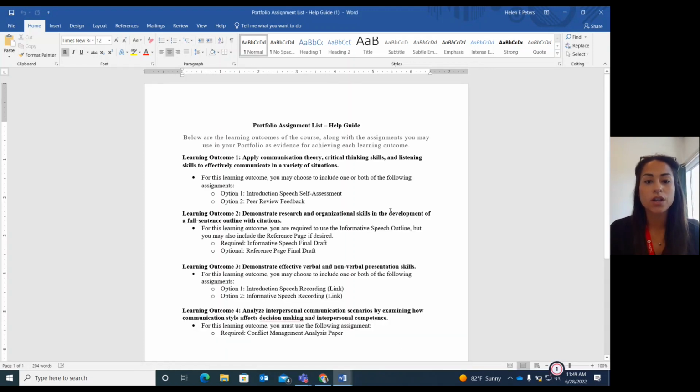So let's look at what your options are. The outcomes that you can choose from, here are the four. For each one of these, like I said, you have certain assignments that you can use. Some of them have required assignments. So for this first learning outcome, you can choose between the introduction speech self-assessment or the peer review feedback. And again, you'll just talk about how that taught you how to apply communication theory, use critical thinking skills, and listening skills,